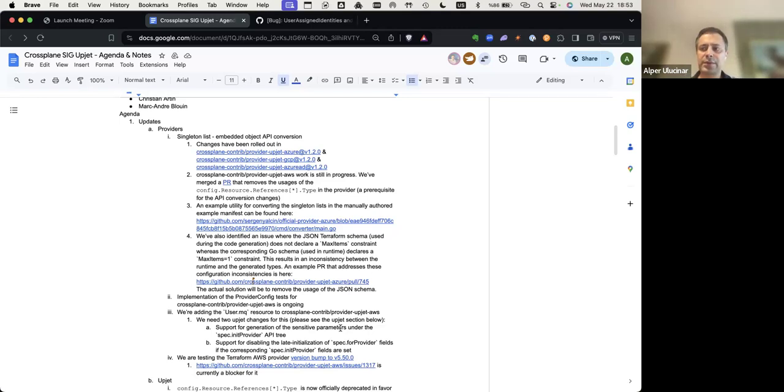Okay. And also one other thing that you might be interested in regarding the pause annotation is when the pause annotation is set to true, then sync becomes false. And sync becomes false, but with the proper reasoning that it was set to false because of this pause annotation. So you can distinguish whether something went actually wrong in the reconciliation loop, let's say we received an error from the external API, or whether it was not synced because of the pause annotation. So you can differentiate it, but still you will see sync set to false.